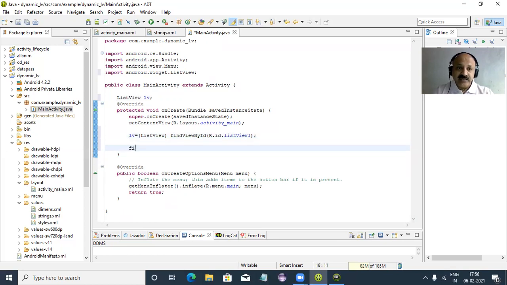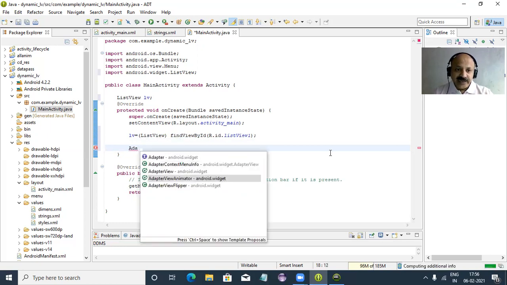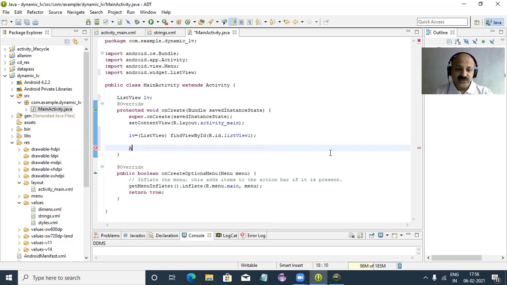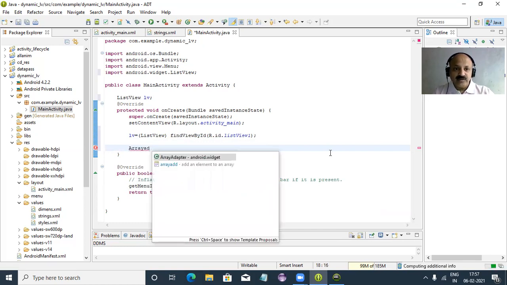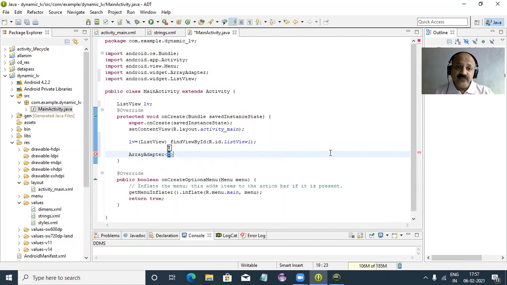So we can use the final keyword, though I first do not use it. Yes, we can change to ArrayAdapter. So the ArrayAdapter class. You can look here, ArrayAdapter, first Array, and then Adapter appears. Now you can look, that is the same package, android.widget, and T stands for any suitable data type.